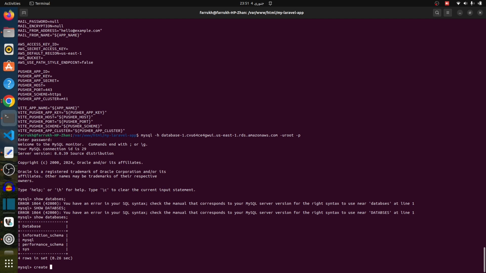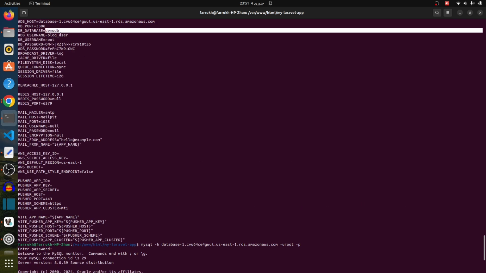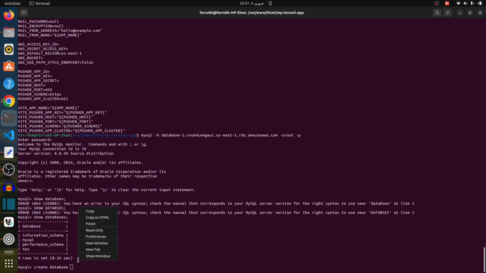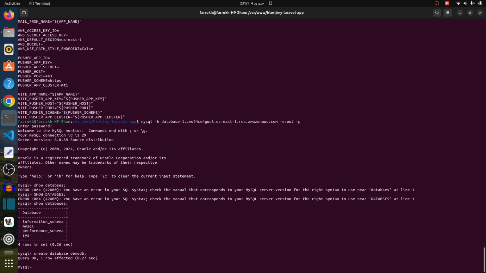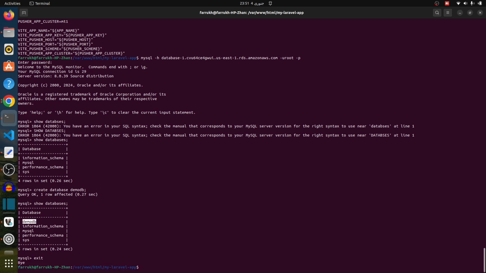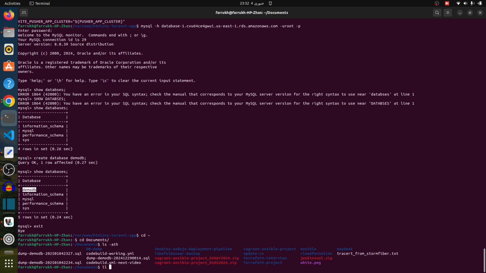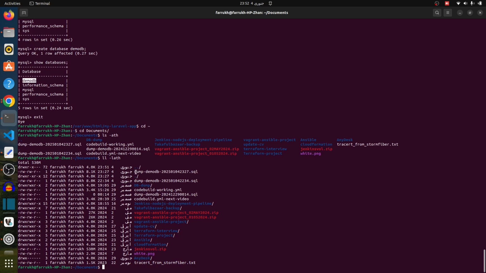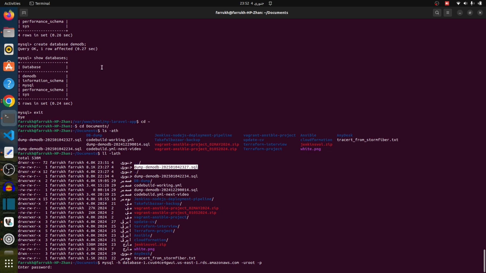So create. The database has been created. Let's verify. Now this database has been created here, and now I need to restore a dump onto this. Let me exit out, and I have restored here in this path. Here is the dump file I do have, and let me connect to the database again. So it will be asking me for the password,